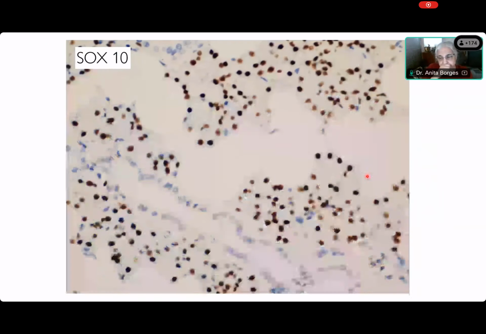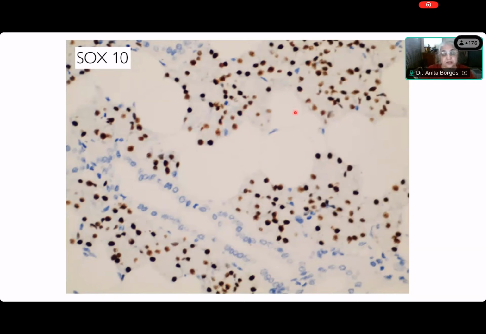Now here is SOX10. SOX10, we often use it, of course, to look for melanocytic or neurogenic differentiation, but it's become quite important in salivary gland histopathology because it marks basal cells and myoepithelial cells. It is incredibly well seen in acinar cells. Now you see all these big nuclei that you're seeing here. These are not myoepithelial cells. They are round nuclei. Myoepithelial cells have very delicate oval nuclei. So what are these big round nuclei that are marking with SOX10? And lo and behold, it is actually the acinar cells.